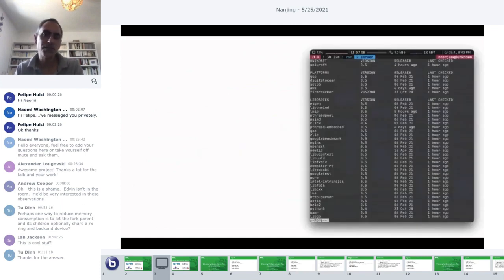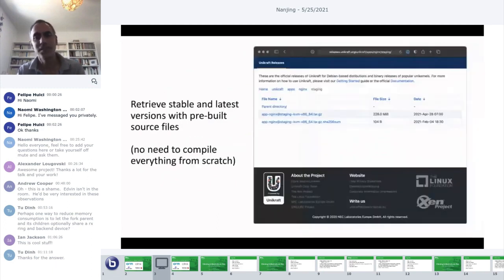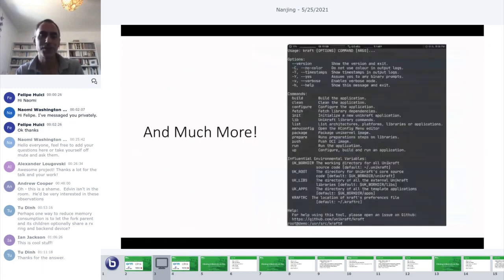In terms of the ecosystem, I mentioned earlier that we have a craft tool that wraps around Unikraft so that it's easy to build, download, and run Unikraft unikernels. So in fact, if you wanted to try Unikraft, you would go to github.com/Unikraft and you would clone the craft repo. And you can say things like craft list, and it'll show you all the different platforms that are supported, libraries, and applications. And then you can sort of pick and choose what you want, as I showed earlier with the demo, and it'll go ahead and build everything for you.